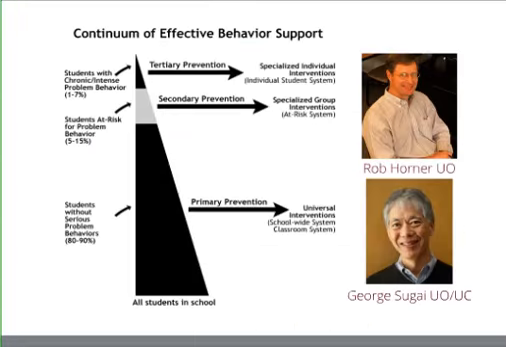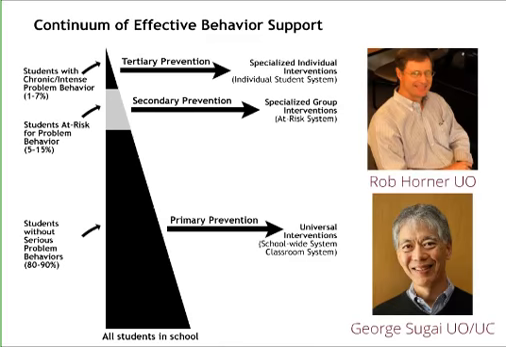Also in the 90s, Rob Horner and George Sugai, University of Oregon, took that model and operationalized it into what, if you're familiar with positive behavior support or responsiveness to intervention, has become the familiar pyramid, with a primary prevention level, a secondary prevention level, and a tertiary prevention level, meaning that at the primary level of prevention, there are good school-wide systems of behavioral support in place for all kids, and that should reduce the